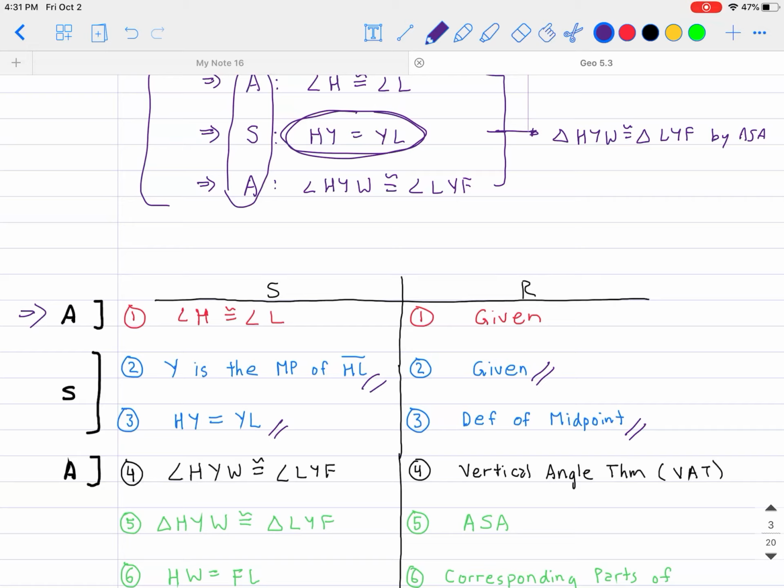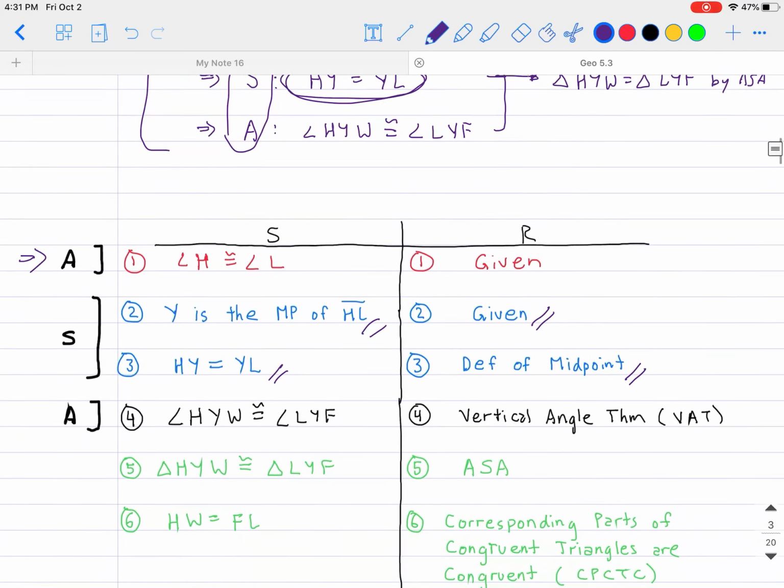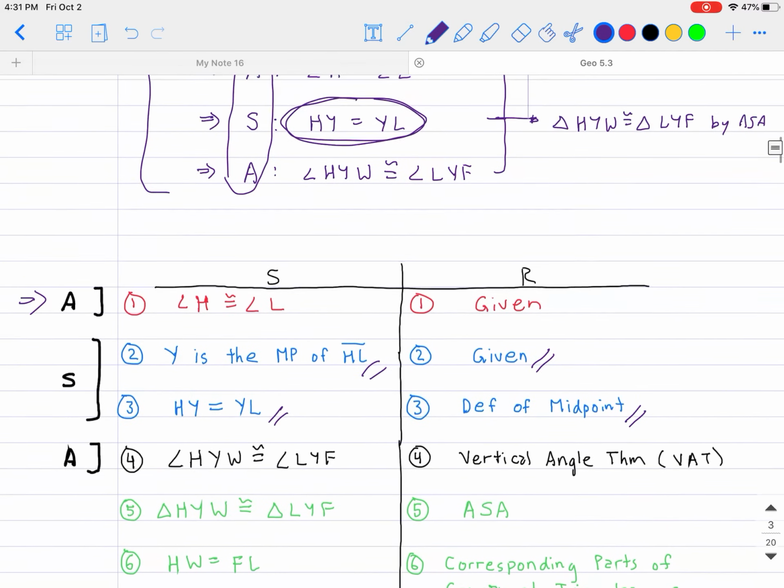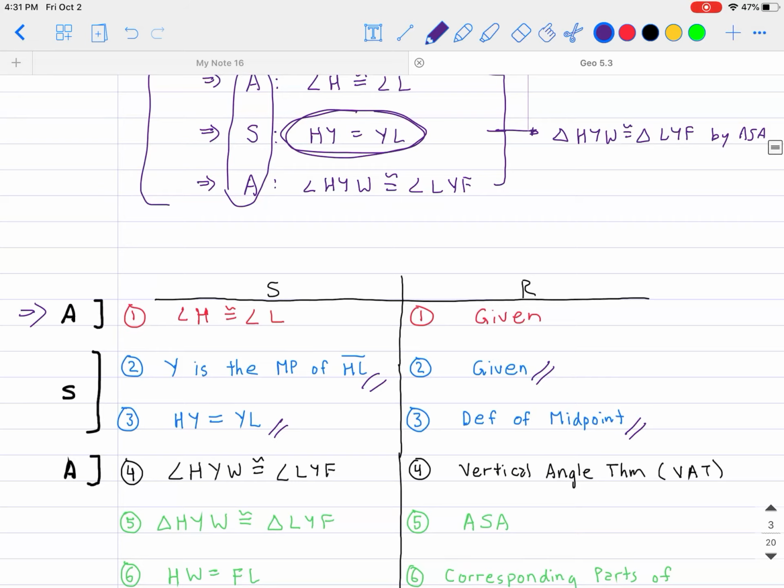midpoint. Okay, so we went through that in the last chapter or last two chapters, what's the difference between the definition of midpoint versus the midpoint theorem. One shows that the midpoint exists, whereas this definition says that the lengths are equal to each other, and that's what I want. Then the last part of the ASA proof, I need to say that the two angles right